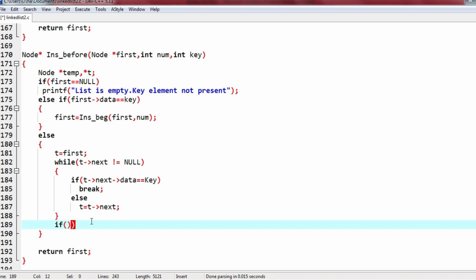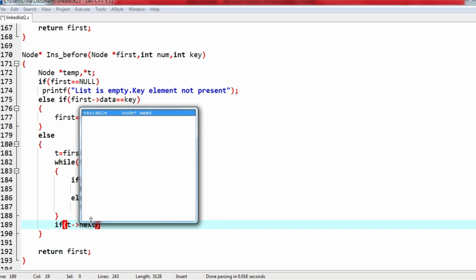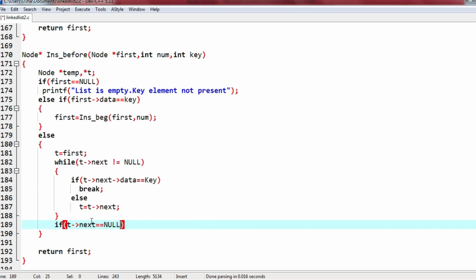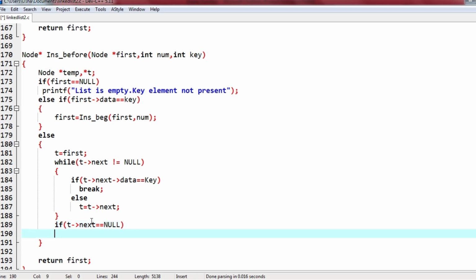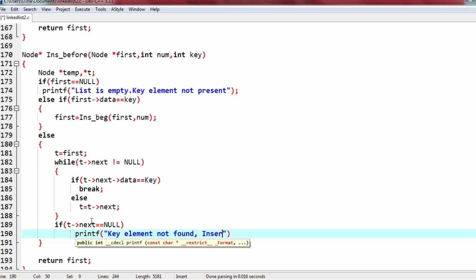So now we check if t next is null, it means we have reached the end of the loop and we have still not found the key element. Okay, so if t next is equal to null, printf key element not found, therefore insertion failed.